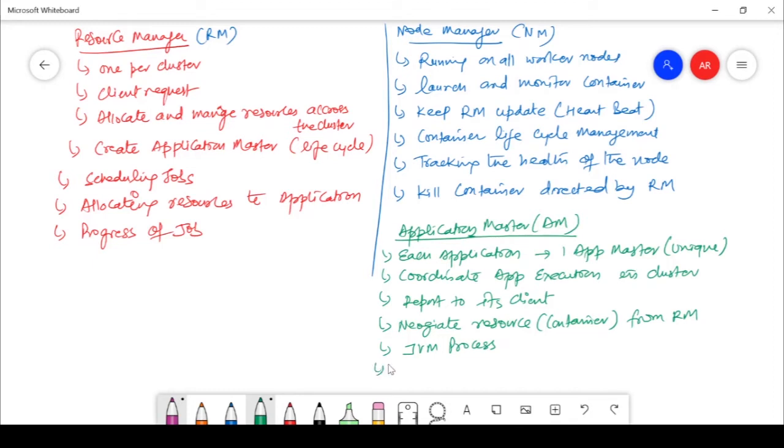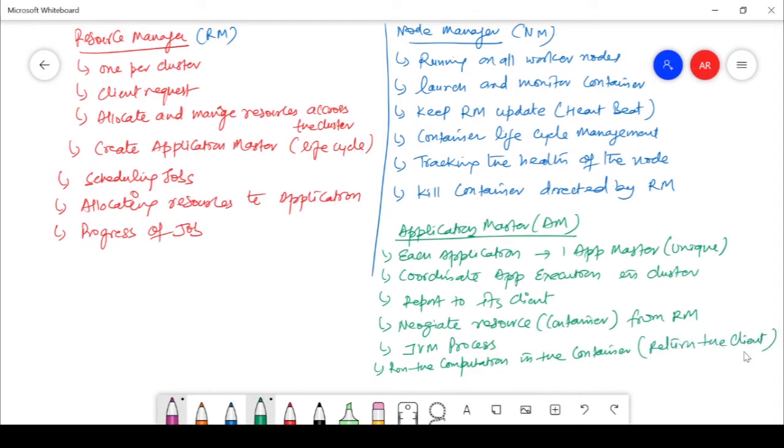Now this application master runs the computation in the container, and then it will return the result to the client.